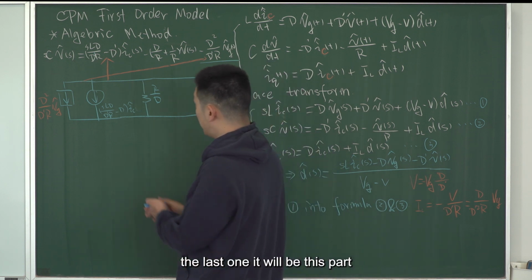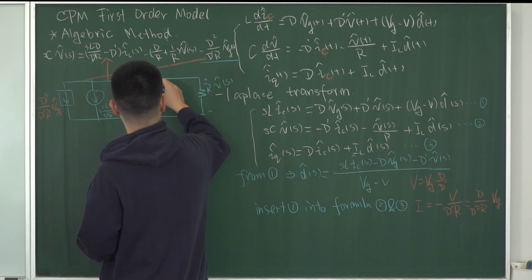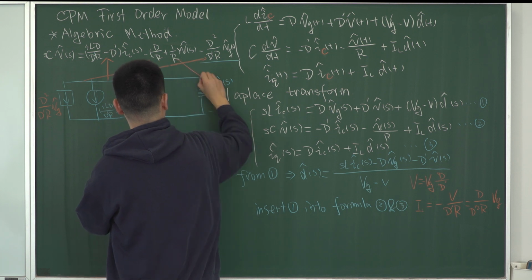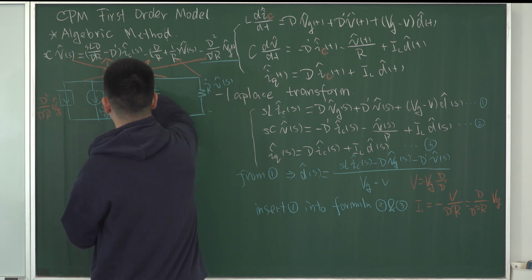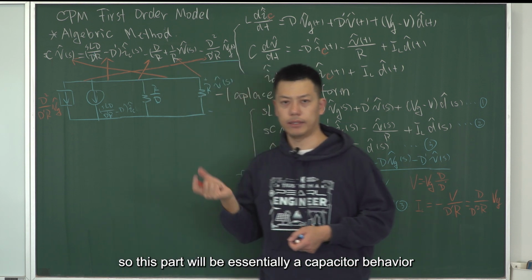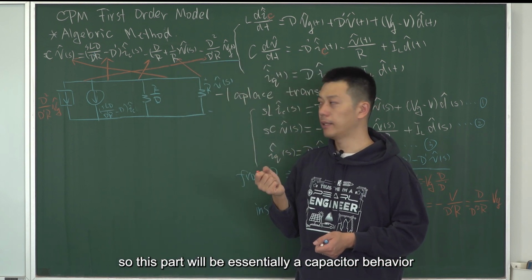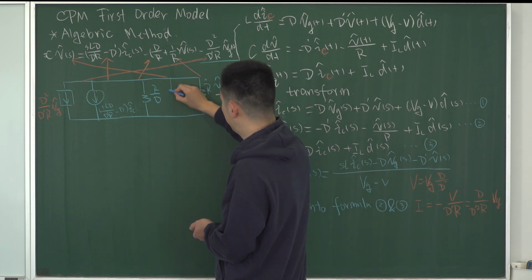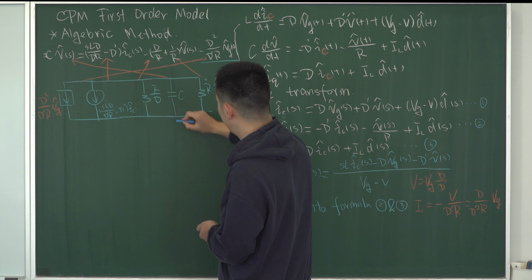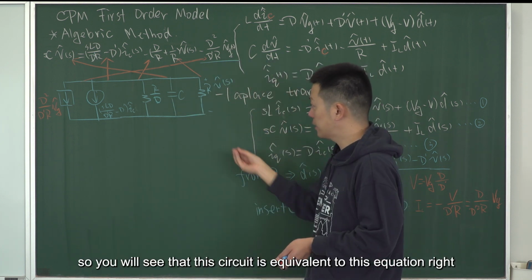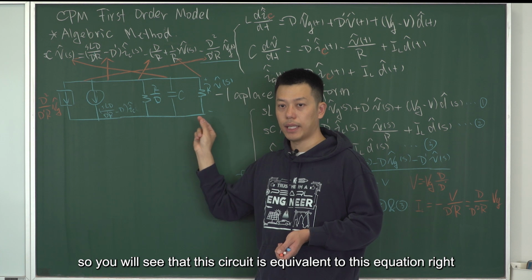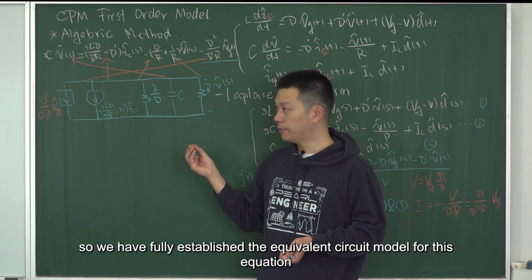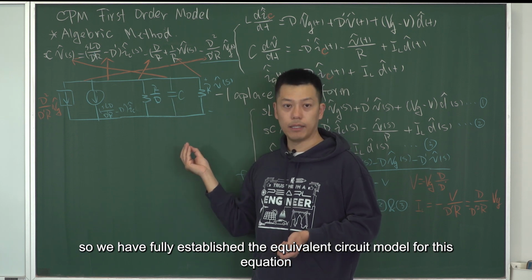The last one will be this part, right? This part. So this part will be essentially a capacitor behavior, right? Capacitor behavior. The capacitance will be equal to C. So you will see that this circuit is equivalent to this equation, right? So we have fully established the equivalent circuit model for